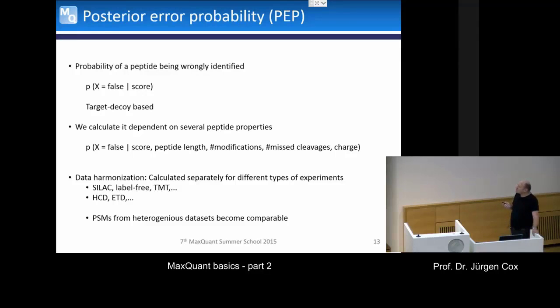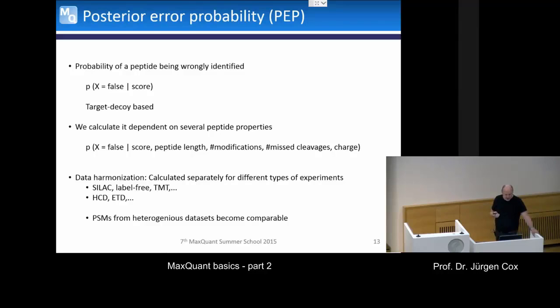Same for miscleavages. Also, if you have a normal trypsin digestion and then for a certain PSM you have, let's say, the suggestion that this is completely cleaved, and then you have another with the same score saying this has 27 miscleavages, then it's again by the same logic clear which is the more likely one. Right? So that's why all these parameters go in here in this conditional probability. And